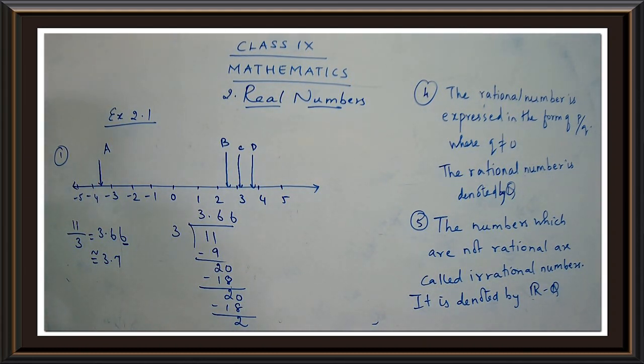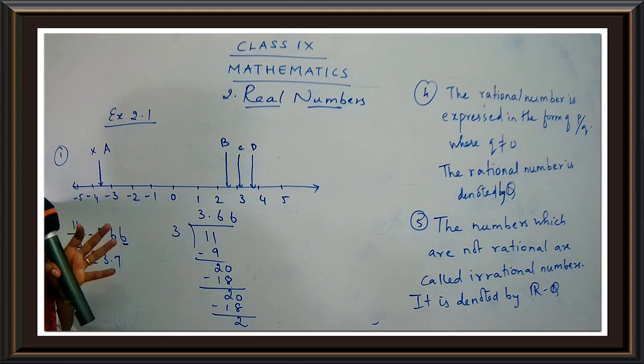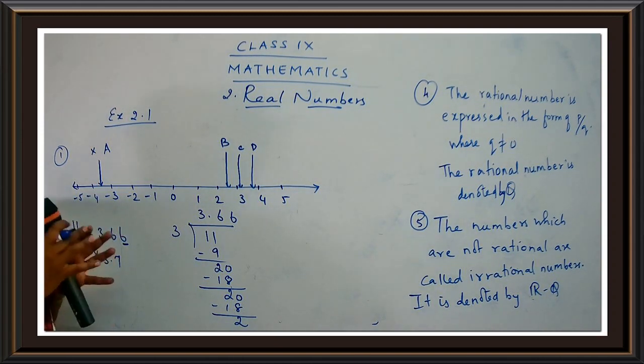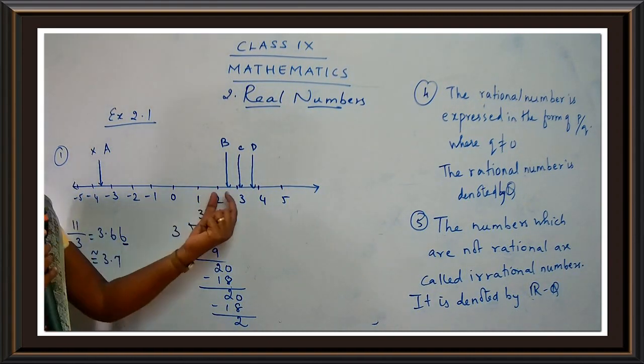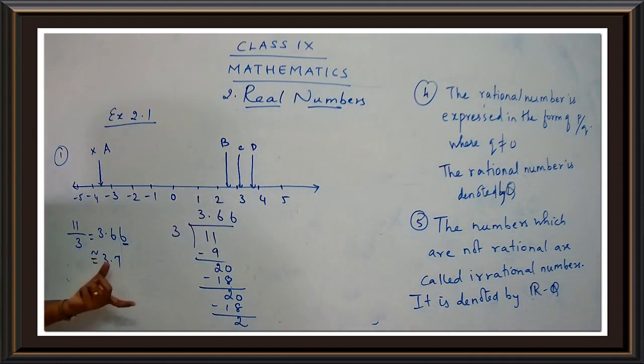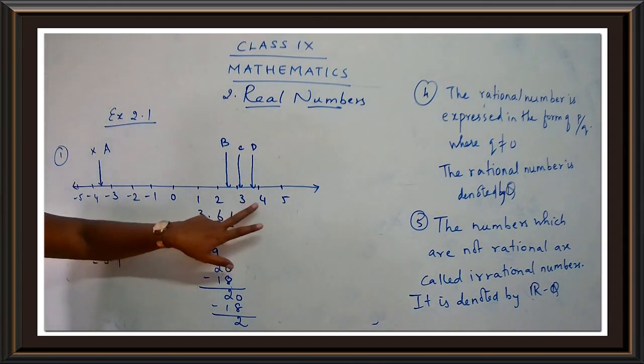Okay, children. Now just tell me, where is this 3.7 going to be? Here there is no chance because this is a positive number. So this part is not possible. We cannot take this part. This is 3.7. That means we can say with full knowledge that this 3.7 is going to lie between 3 and 4. It's not going to lie between 2 and 3, yes, children? So it is going to be somewhere here.